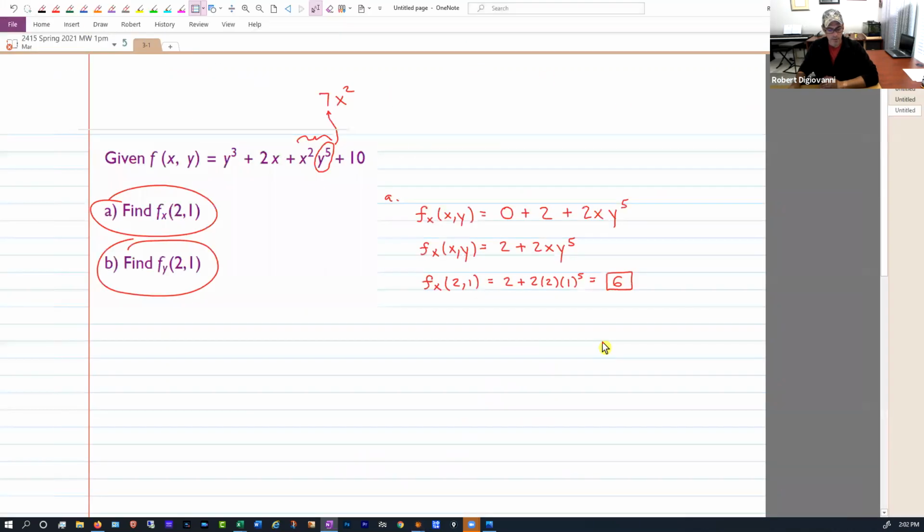All right. Now we need part B. So for part B, the difference is now we're going to be taking the derivative with respect to y, which means we need to hold x constant, which means as we take the derivative, we want to treat all the x's as if they're just numbers. So the partial of f with respect to y